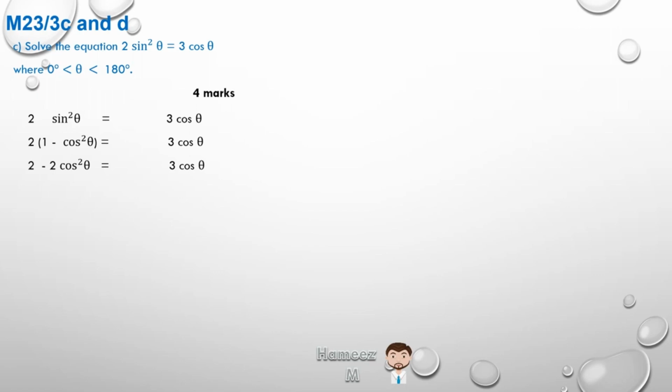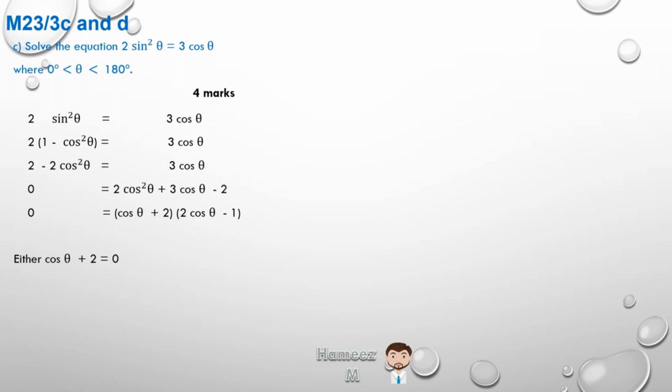And if we move everything across to the right-hand side, 0 is equal to 2 cos squared theta plus 3 cos theta minus 2. So it looks like a quadratic equation equal to 0. So if we're solving for that, we can either use the quadratic formula using the coefficients 2, 3, and minus 2, or we can factorize. If we factorize, it's going to give us 0 is equal to cos theta plus 2 by 2 cos theta minus 1. And if we're solving for this, either the first bracket is equal to 0,